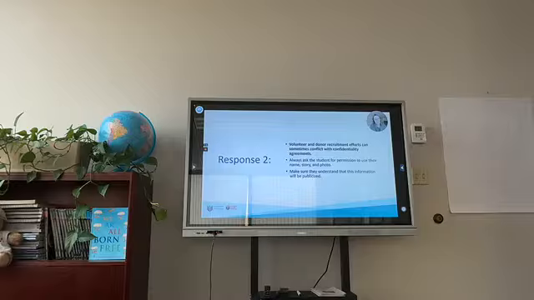For scenario number 2, volunteer and donor recruitment efforts, things that all agencies need to do, can sometimes conflict with confidentiality agreements. So this is a situation where beforehand you would have wanted to let the student know that it might not be possible to guarantee his confidentiality, that there will be media present. It's also a scenario where you want to ask the student for permission to use their name, story, and photo, maybe before introducing them to the reporter. So whether you've told them before the event or before they meet the reporter, you want to make sure that they understand that their information will be publicized.